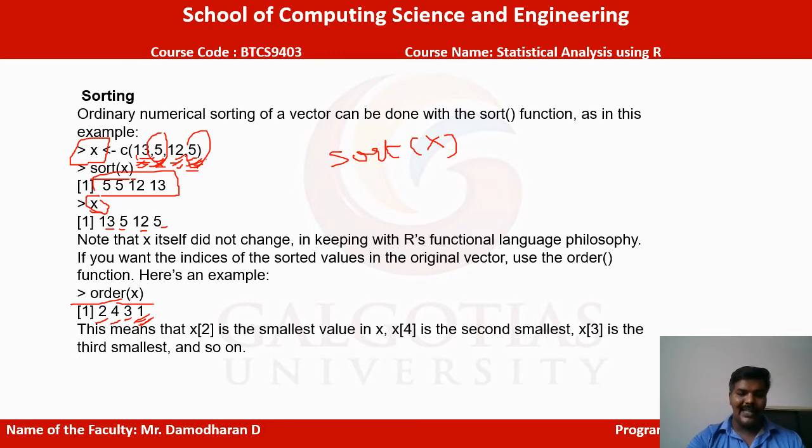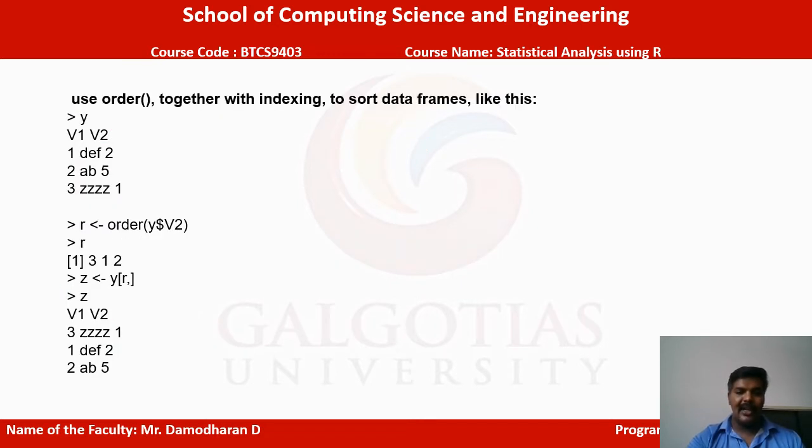We check left to right and right to left, checking all the values. After arranging, the order of positions is: 2 comes first, 4 comes second, 3 comes third, and 1 comes fourth. This is arranging the order. Understand? There is a function that arranges the order by using the index.